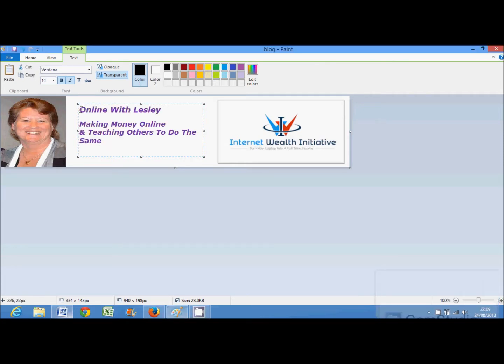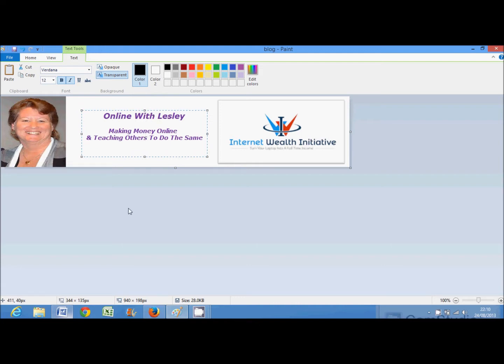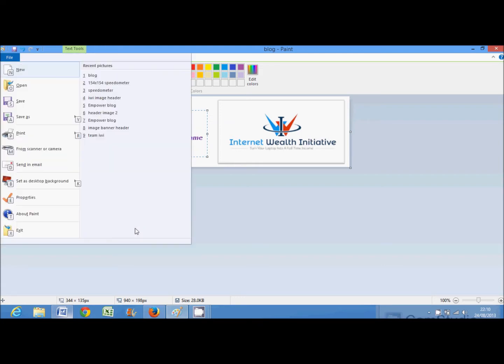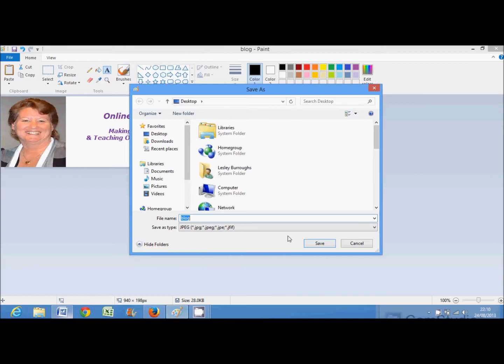And now that the text is there, I can just simply move the box around to place it in my chosen location. I'm just going to insert a bit of spacing just to centralize the text a little bit better. I think I might just resize that text slightly just to make it fit a bit better. Okay, and then once I've got that, again I can just move it around and play around with it. Okay, and once I've got it, I can do a File, Save As, and save the file